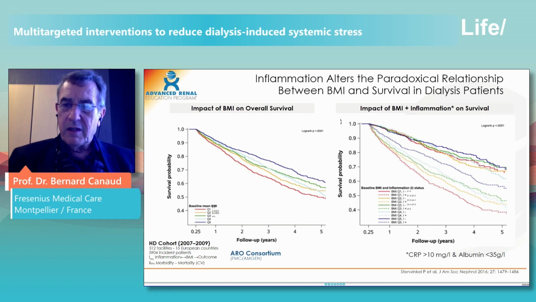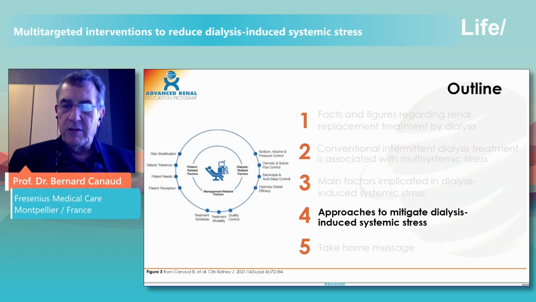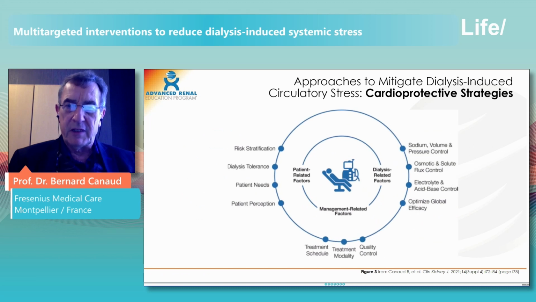Inflammation, and this is by our chairman, Peter Stenvinkel, shows clearly that the association of inflammation changes completely the profile of the BMI. As you know, the higher the BMI, the more you are protected in dialysis. But if you put BMI and inflammation together, it is just on the reverse side, meaning that inflammation, in that case CRP and albumin level, is associated with a paradoxical relationship and changes the protective effect of this element.